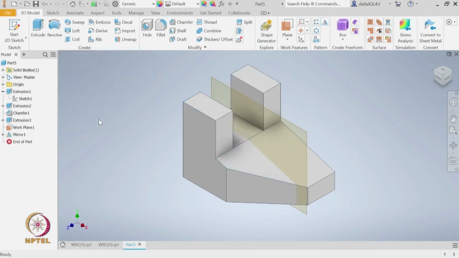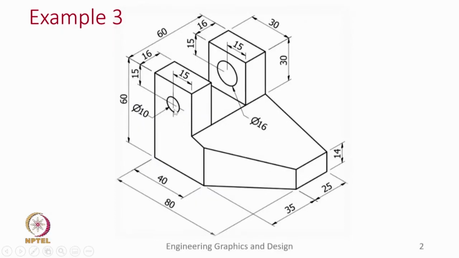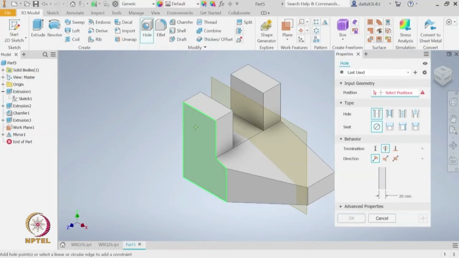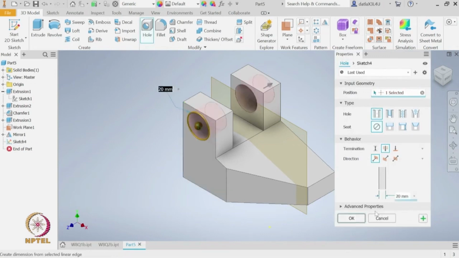Okay. So, the last step remaining is to create these 2 holes. The first one is of diameter 10 and the second is of diameter 16, and the locations are 15 and 15. Okay. So, let us use this hole tool. Let us select the left face. The diameter we said is 10